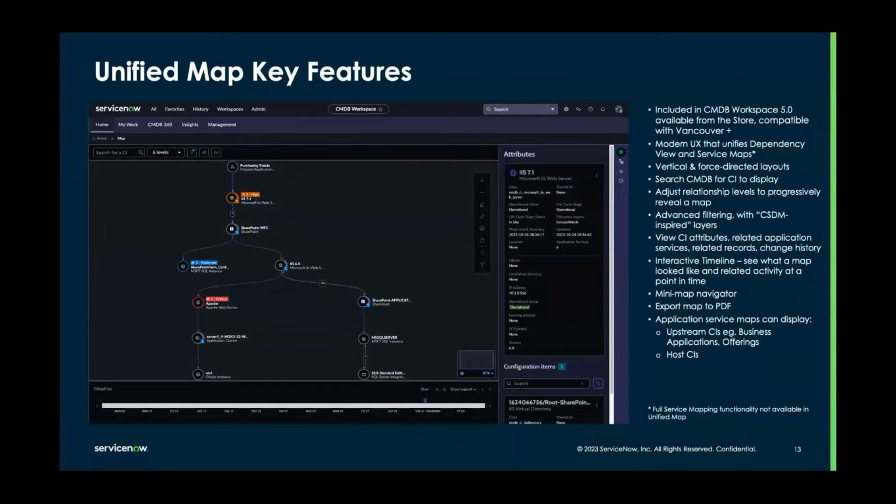Okay, so some key features. As mentioned, Unified Map is included in CMDB Workspace 5. It actually was introduced in version 4, and version 4 is what you'll get out of the box with the Washington, DC release. So when that gets released, you'll have at least a starting point for CMDB Workspace and Unified Map. However, it'll be highly recommended that you upgrade to the latest store release,